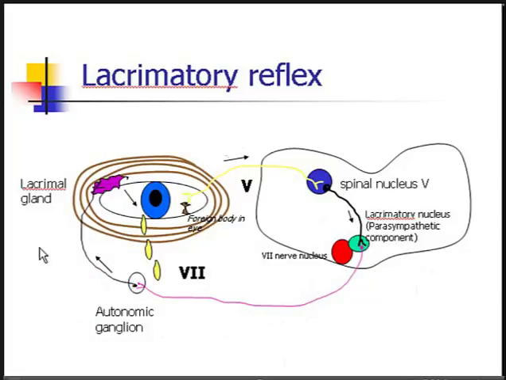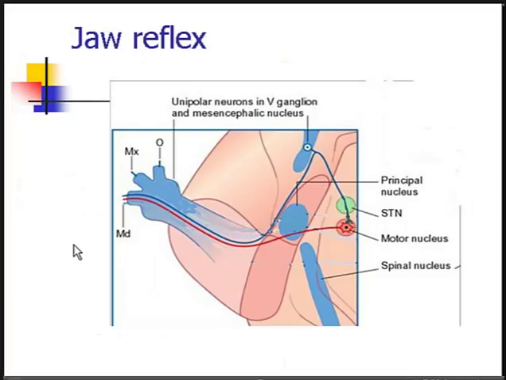Let's now look at the next one, which is the jaw reflex. And this is basically, you tap the chin in a downward stroke, and then you will see the masticatory muscles begin to twitch. And this is similar to the monosynaptic reflex in the spinal cord. So from the mandibular nerve, the fibers start from the muscle spindles. It goes up because you're tapping the chin. It goes up to the